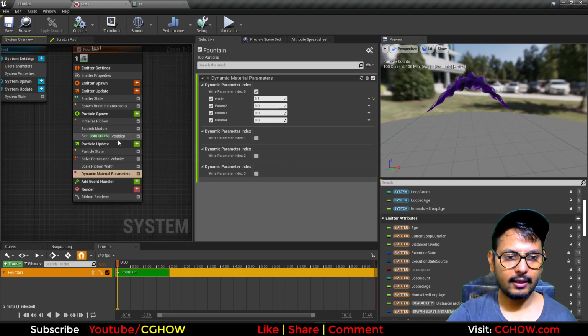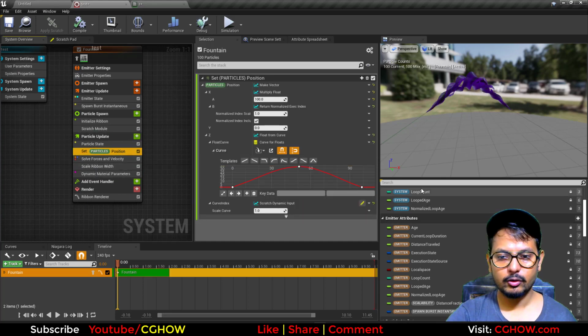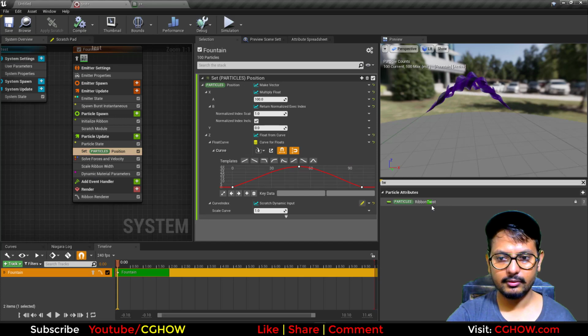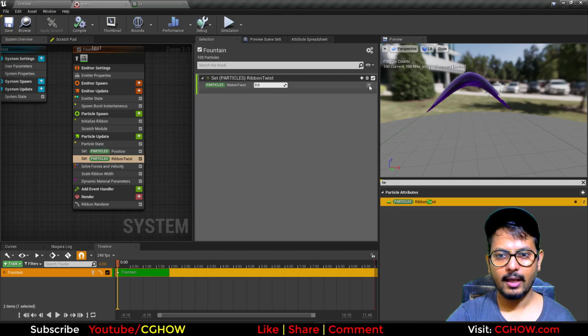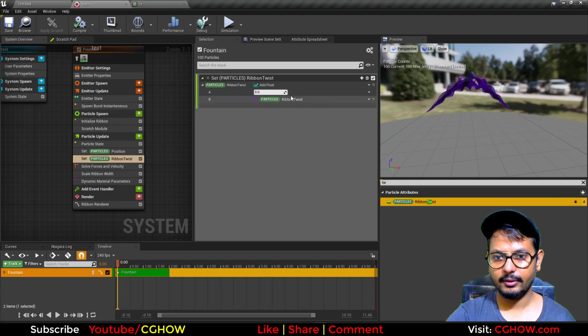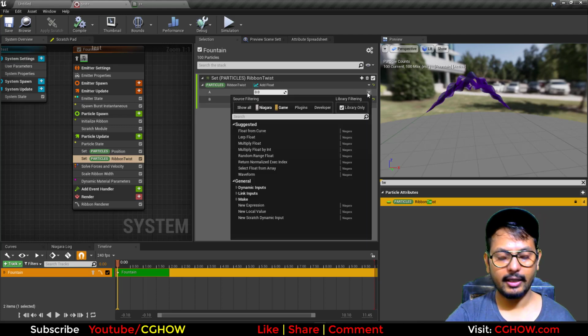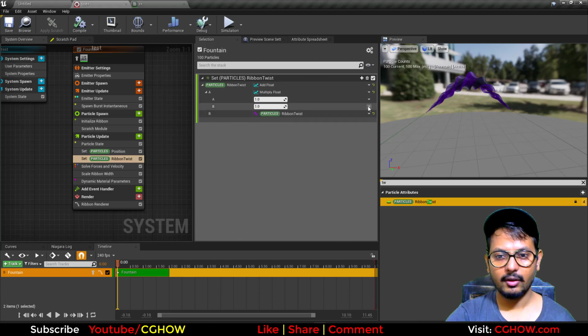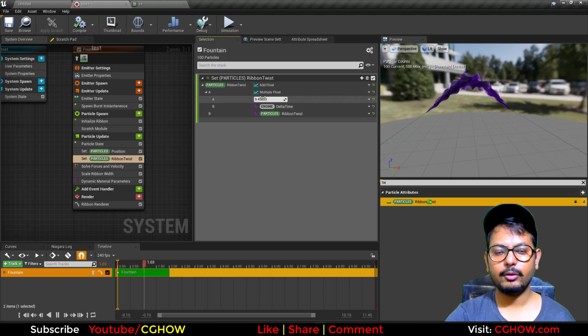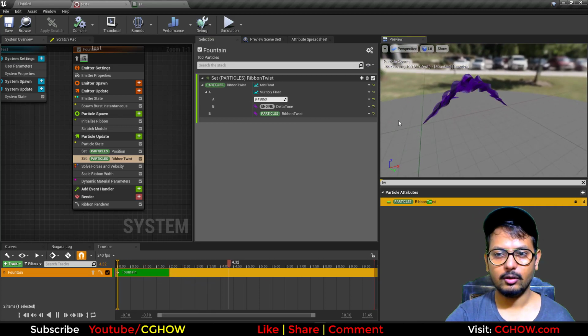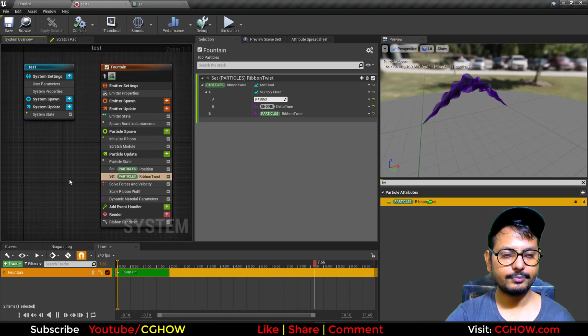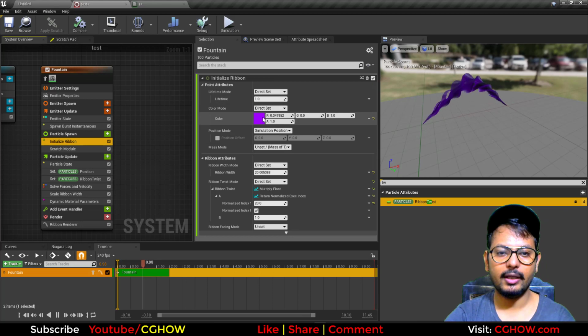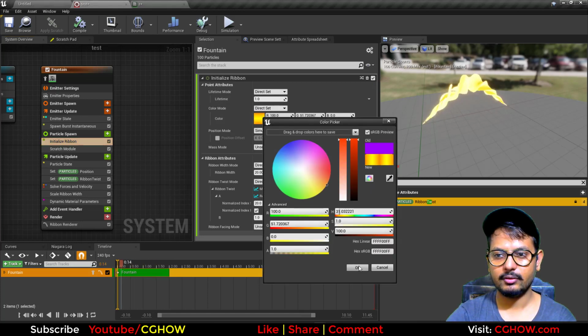So how I'll do that, and I'll move this position into update. So I'll take the twist ribbon, move it here, put it here, and add some value on this twist ribbon, and I can add delta time, but I want to multiply that first. So delta time, and this multiplier will decide how much speed of rotation, and you can make all these parameters dynamic parameters. So I have everything, and now you can make this one like hot yellowish, and